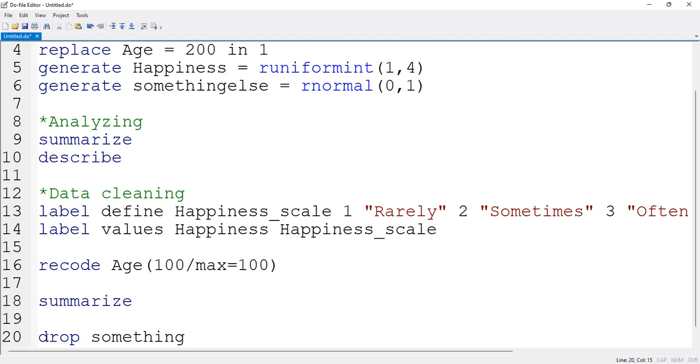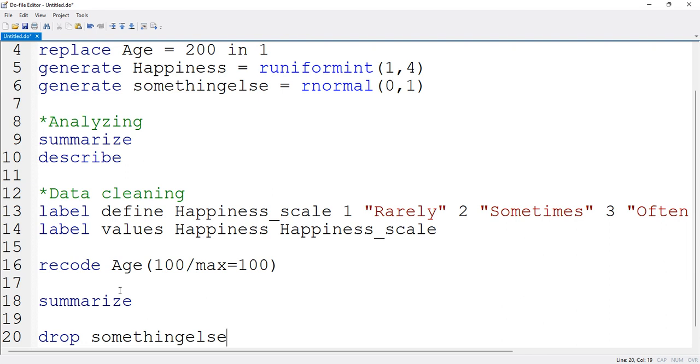Sorry, as one word, unless you had typed it and given it another name. So you have drop something else. If you run this, you should be able to delete the something else column. Alternatively, if you're having a list of data entries, let's say